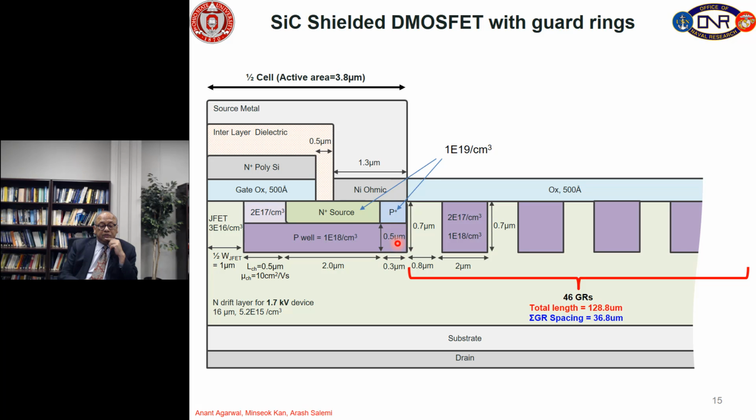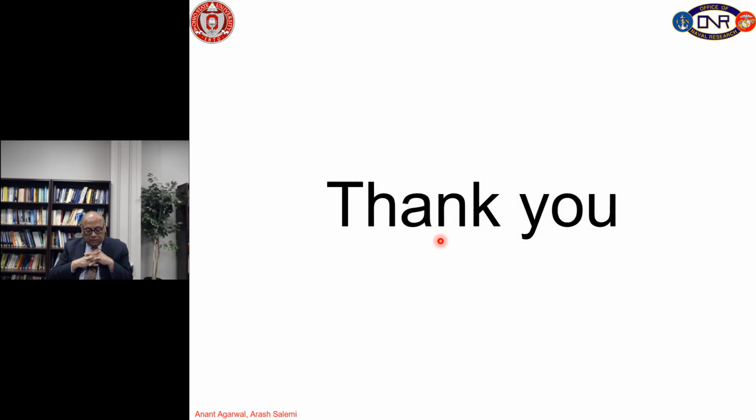So we'll have this red region here for the shielded part, as we had shown high p-type doping at the bottom of the p-well, and we will form all these cells to the left of this last cell, and we'll show you guard rings on the right hand side and the left hand side and the top and bottom. So we'll show you the layout and the process sequence in the next structure, and this would be a good